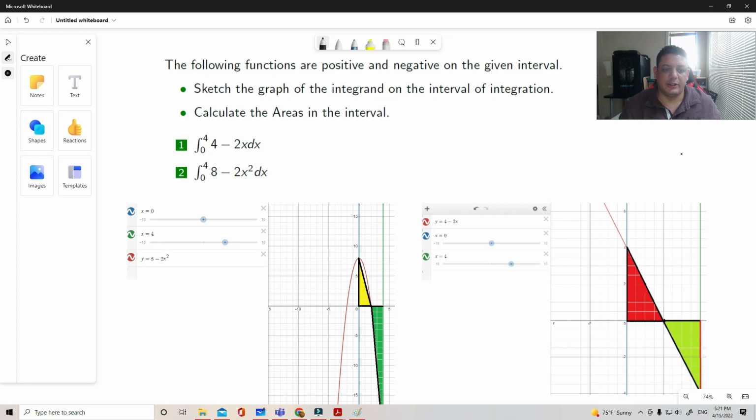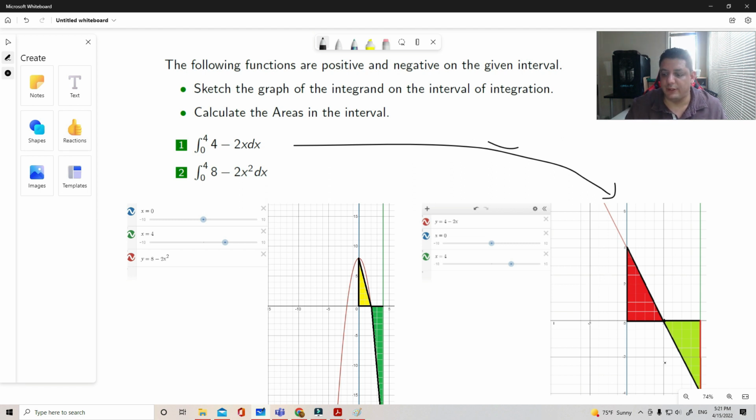Here we're going to check some examples for the content in section 5.2, and this is a couple of integrals that are representing what happens below the equation of a certain line and below a quadratic. So in the case of the line, it's easy to approximate the interval that we have given. Notice the equation of the line is represented here on this side, and we have that from 0 to 4